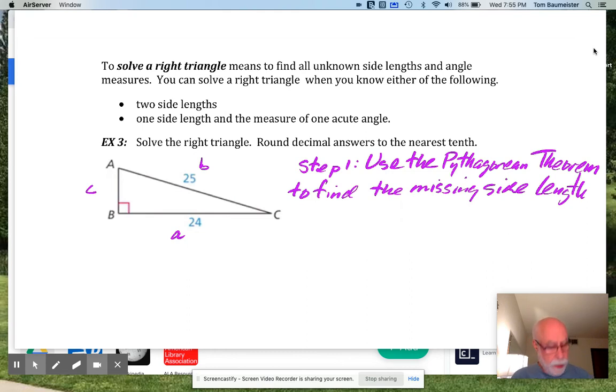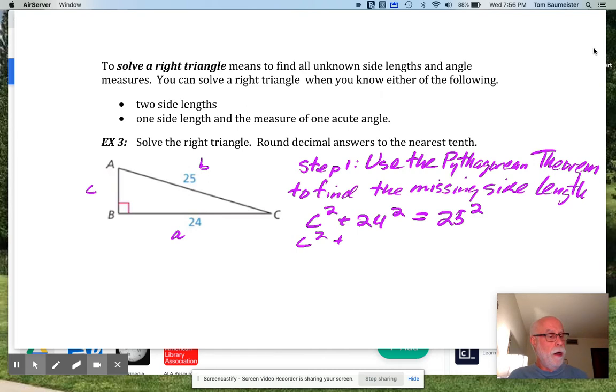So what we're saying here then is our two legs are c squared plus 24 squared, and that is going to equal 25 squared. Okay, now question is, how many of you recognize that it was a perfect square, not a perfect square trinomial, but like a 3, 4, 5 triangle, one of those special right triangles that we talked about earlier. All right, a Pythagorean triple, right? Well, this one here is, but if you didn't recognize it, you would still solve